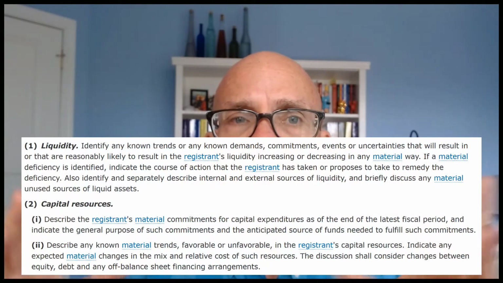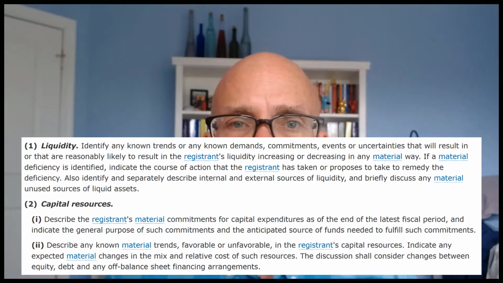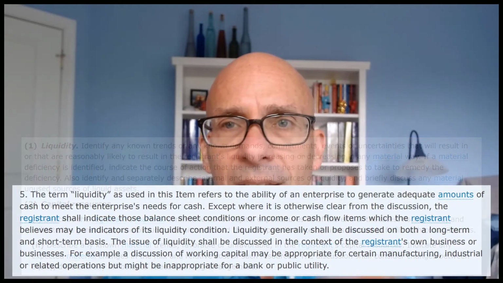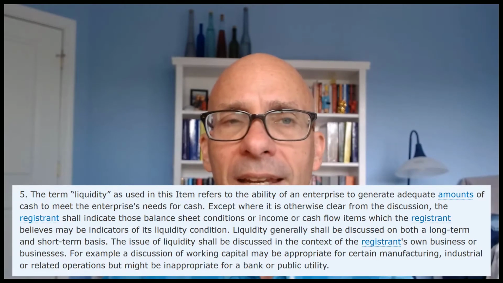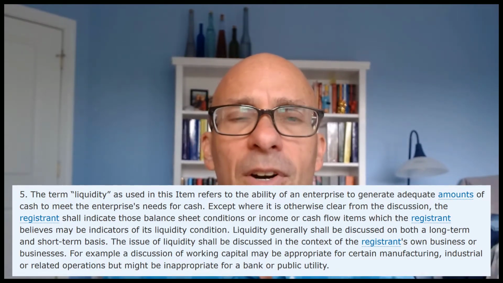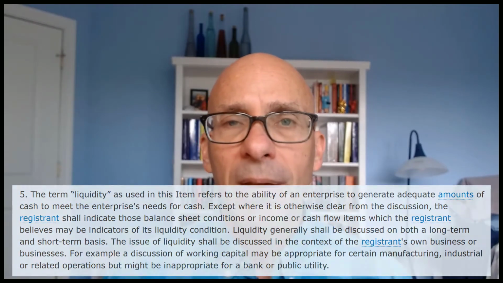So let's move through the 5 items required to be addressed specifically by item 303A. The first one is liquidity and resources. These 2 items are almost always combined as one section in your MD&A. Under instruction 5 to item 303A, it defines liquidity as the ability of your company to generate adequate amounts of cash. And then capital resources is not defined, but it's cash or other assets that's convertible to cash that are available to spend on capital, things that you need to buy.